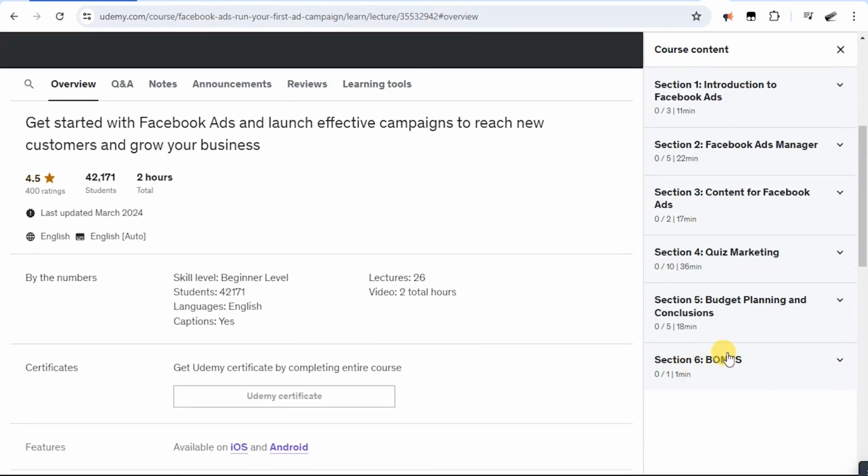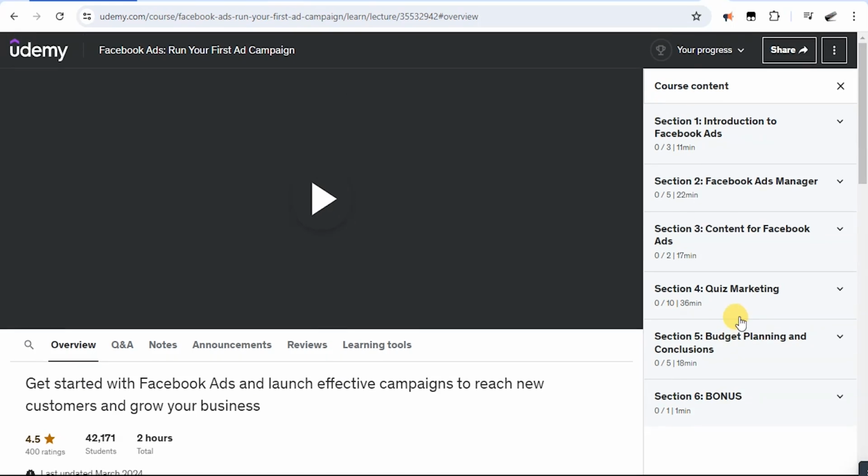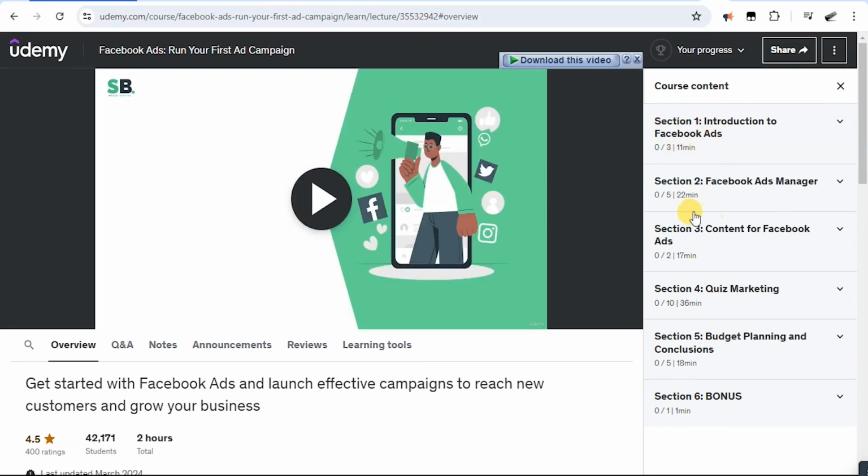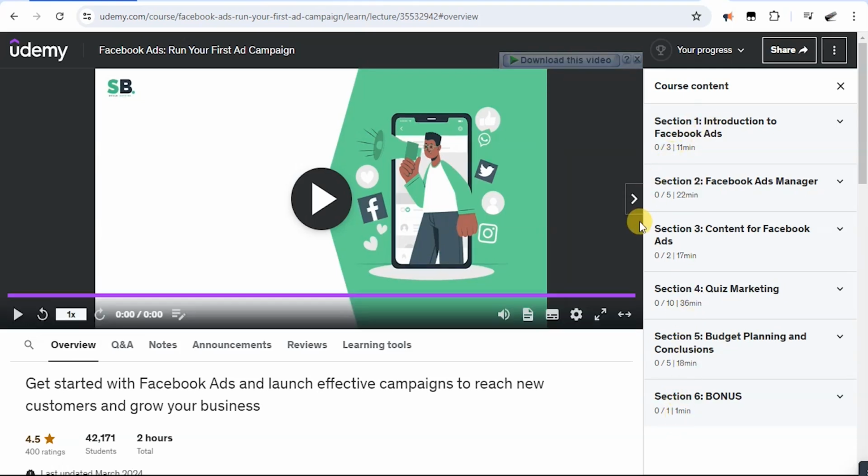It's made up of 6 sections. And one thing about these courses is that they are short courses. For example, section 1 is just 3 minutes, just 11 minutes. Section 2, 22 minutes. This is 17, 36, 18, and 1 minute. So these are short courses you could take under a day, and you can also download them to your PC